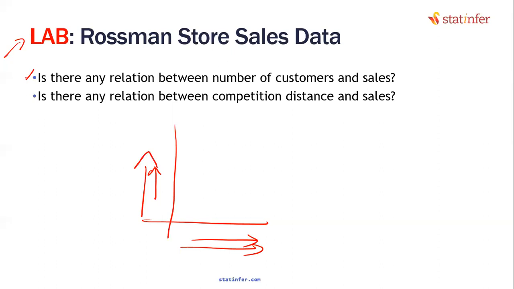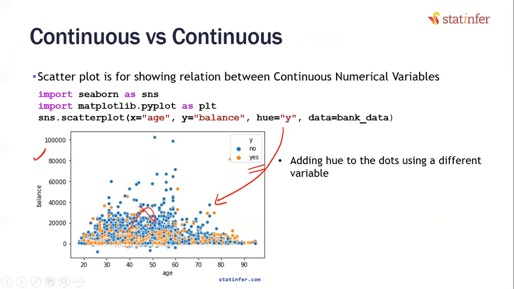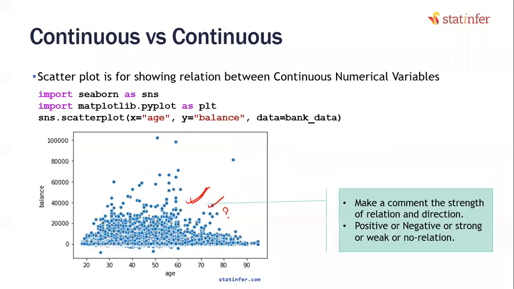What is your intuition? What do you think? Is there any relation between these customers increasing and sales? Do you think sales increases? I would say we can expect, yes, there must be a relation. It should not be this kind of graph, isn't it? Do not execute it as of now. When I'm explaining, don't go to the code. First listen to this carefully, all of you. Otherwise you'll miss the point.